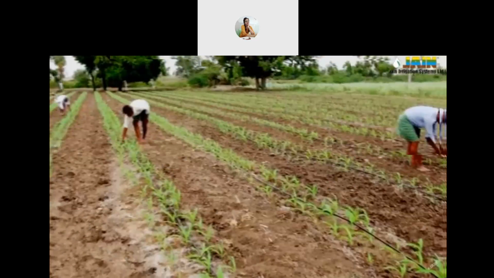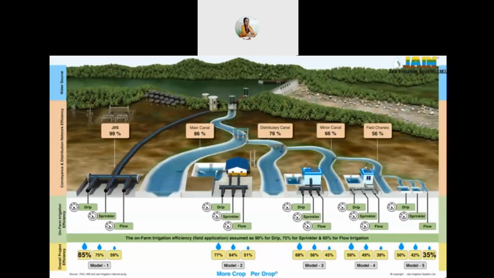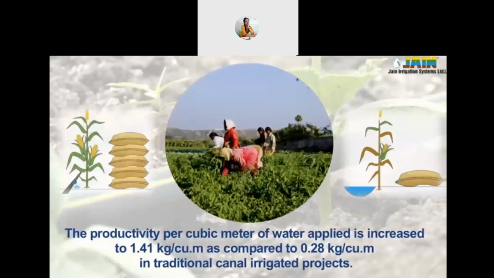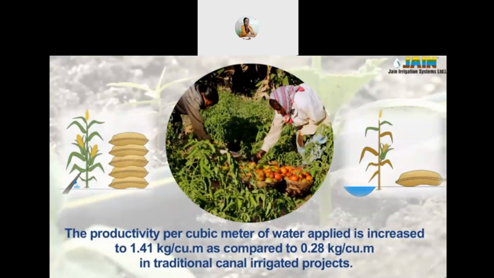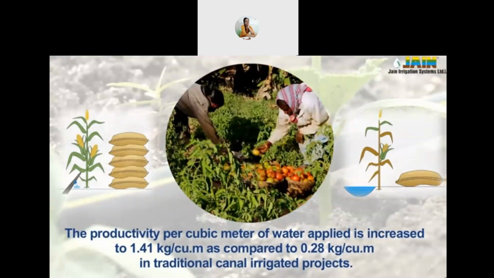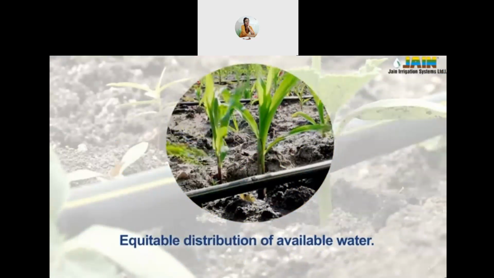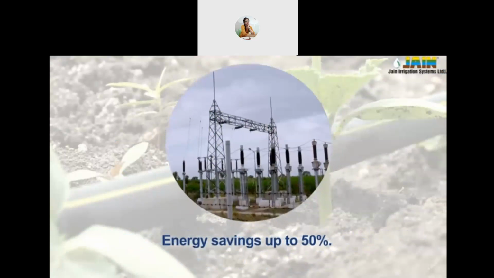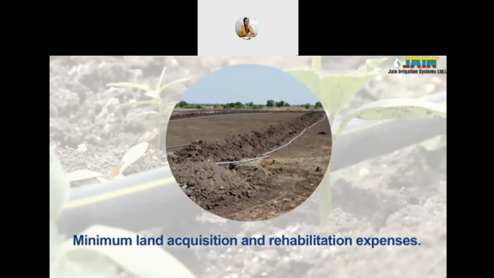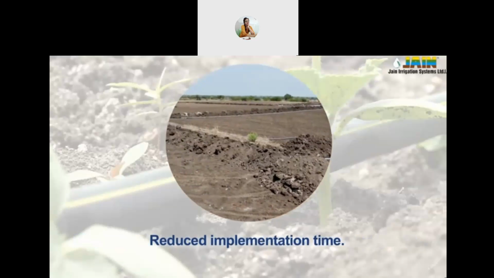Government of Karnataka also benefited in many ways like increase in water use efficiency over 85% as compared to 35%, doubling the irrigable area with available water. The productivity per cubic meter of water applied is increased to 1.41 kg per cubic meter as compared to 0.28 kg per cubic meter in traditional canal irrigated projects. Equitable distribution of available water, energy savings up to 50%, minimum land acquisition and rehabilitation expenses, reduced implementation time, stopped migration of